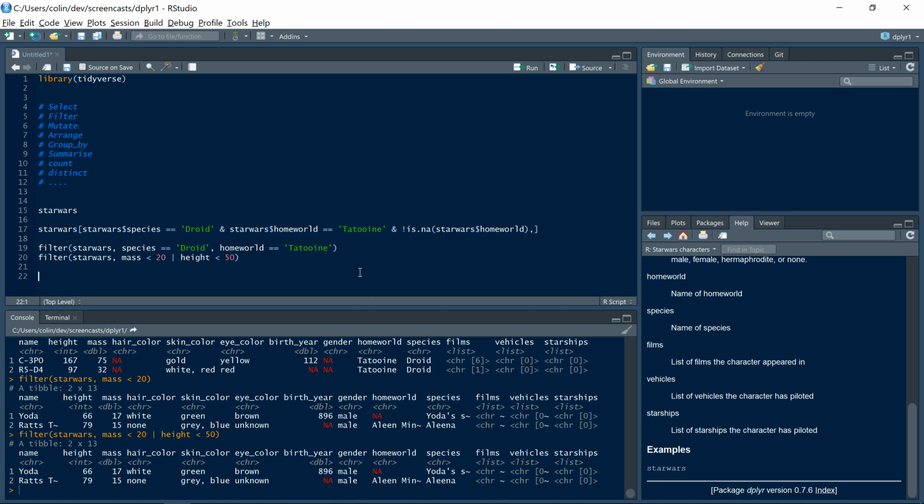All right, so this is not actually how I usually use filter. What I usually do is use Magrittr in conjunction with filter. And so the way that we would do that is to go Star Wars pipe, which is Control-Shift-M. I did a whole video about Magrittr. I'll link to that below. But Star Wars pipe filter. And let's go back to the droids from Tatooine. So species equals droid